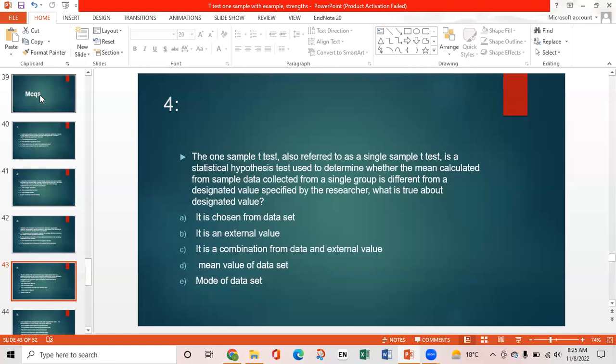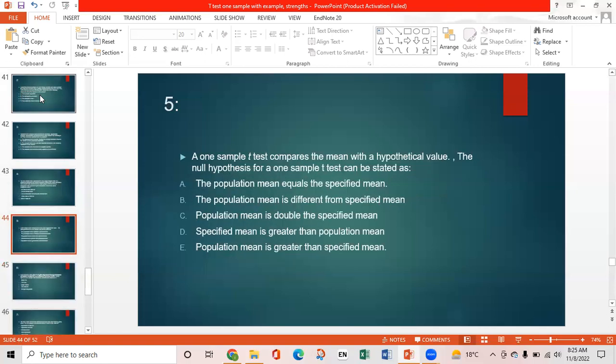Option B is the right one. It is an external value that is chosen on the basis of some scientific reasons. Fifth MCQ is a one sample